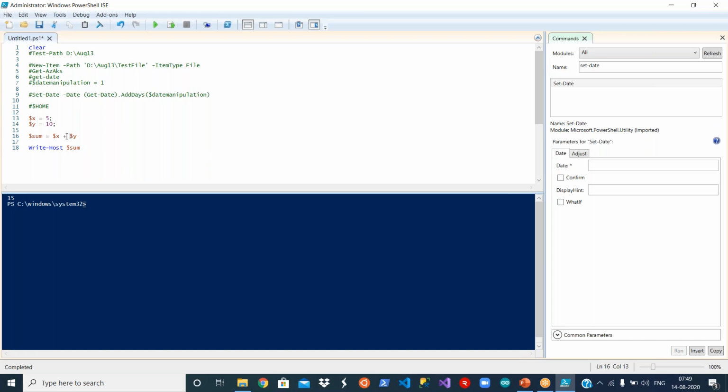Give the spaces properly. Okay, so the reason I am showing here, in some of the scripting environments, let us say some XSLT, etc., the space is also important. If you don't give space, then it will treat it as a word, not an operator. But in PowerShell, it understands, because the moment it looks at the plus symbol, it knows that this is an arithmetic operation. Okay, similarly minus. Okay, so that's how you can use arithmetic operators.